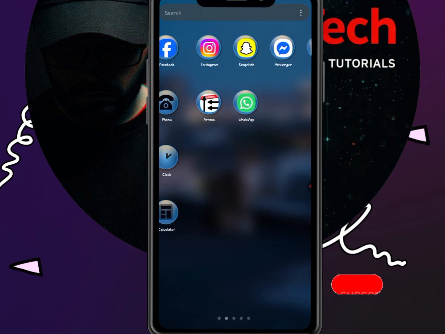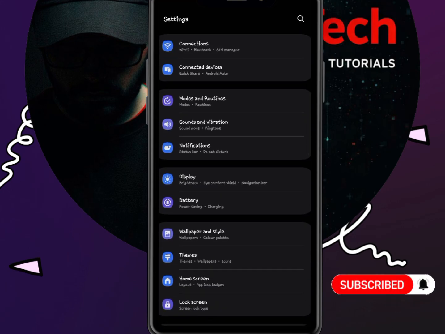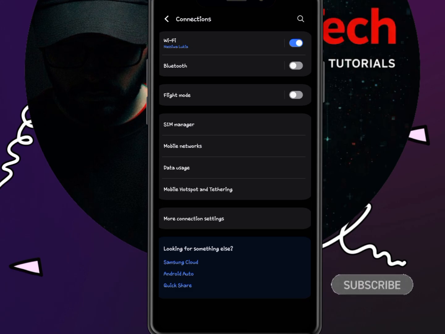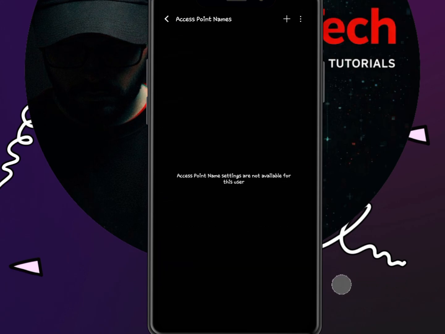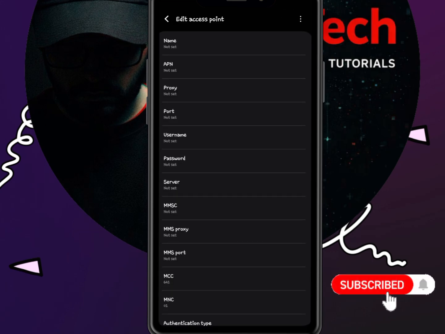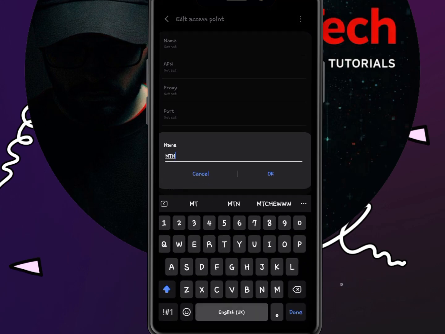We are going to come in our phone settings. Then once you open settings, kindly select connections, then mobile networks, after access point names, and then this is how we are going to organize our APN settings for MTN Benin. So press the plus button and then now be more attentive right here, because now the video has just started at this juncture. So the APN name, we're going to use MTN Benin,